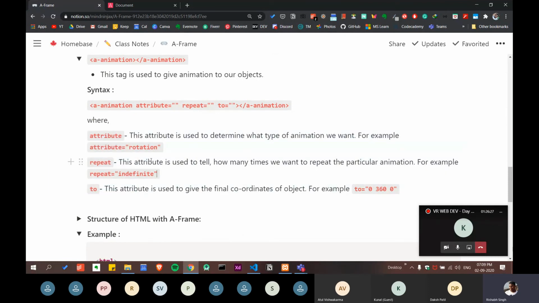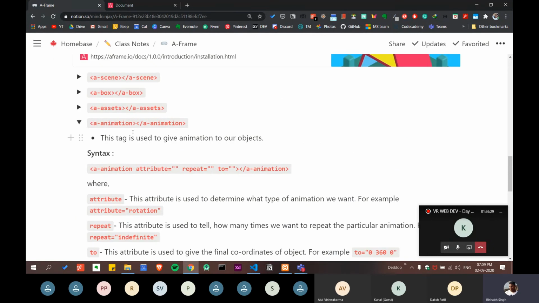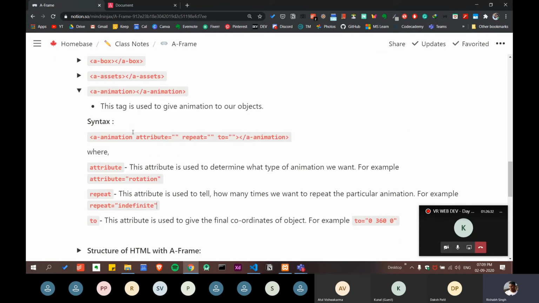We are just going to see how it works in a little bit. We are not going to do a lot of animation in our project. We are going to keep it simple, but definitely some animation will make it look good. So we are going to see some. Time is very limited, but let's do it quickly.